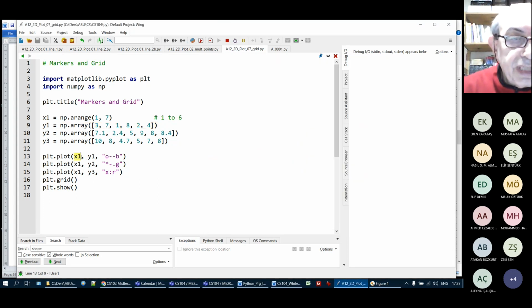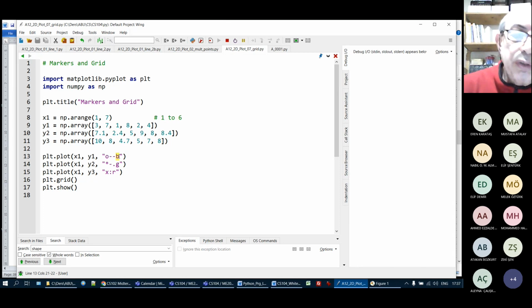And here I'm using the common x1 array with the y arrays. y1 is the y values of the first line. y2 contains the y values of the second line, and y3 contains the y values of the third line, and they are